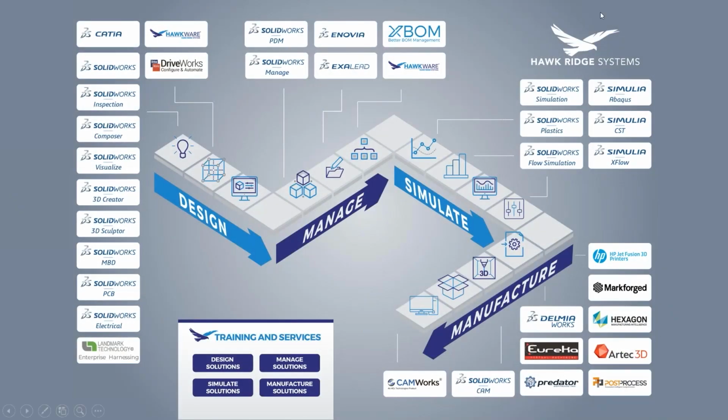I want to take a moment to highlight our solutions portfolio at Hawkridge Systems. I'm Tim Milo. I cover the Simulation Suite sales, which is this piece of the design product portfolio over on the right. But I really wanted to make sure that we highlighted that we have a full design to manufacturer